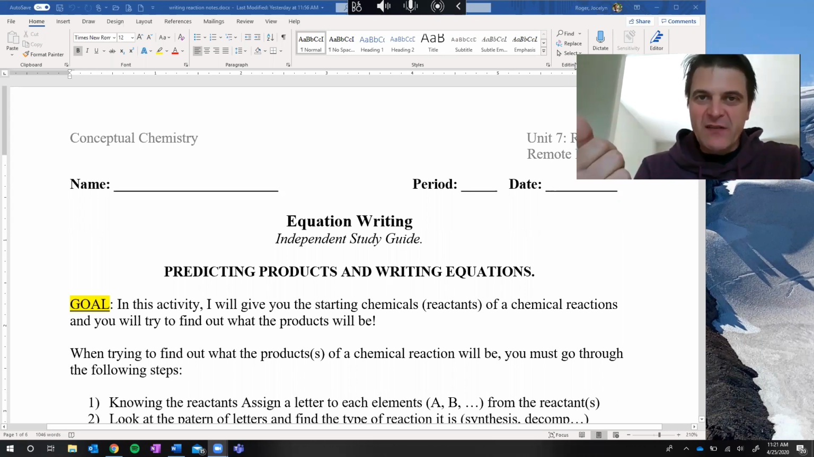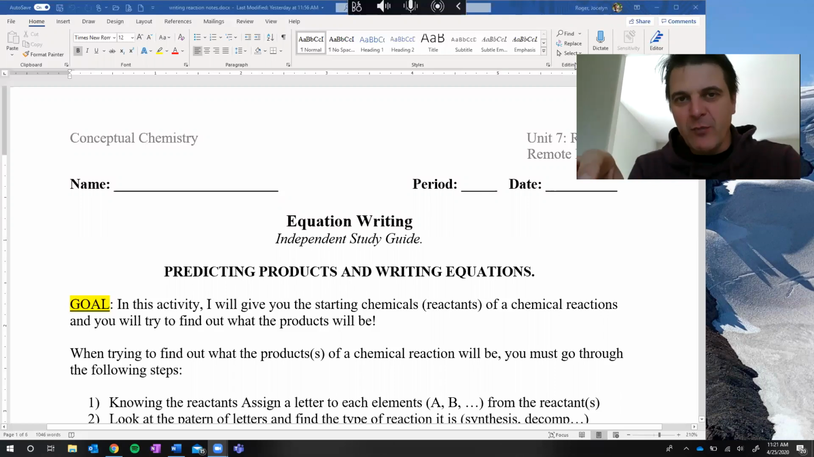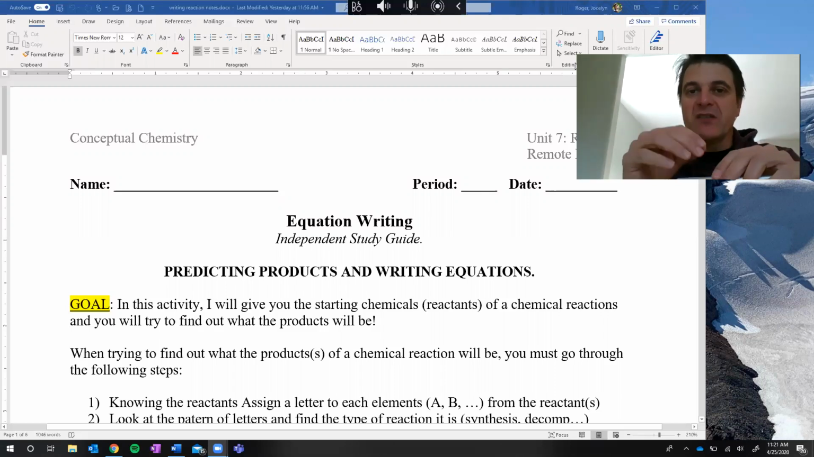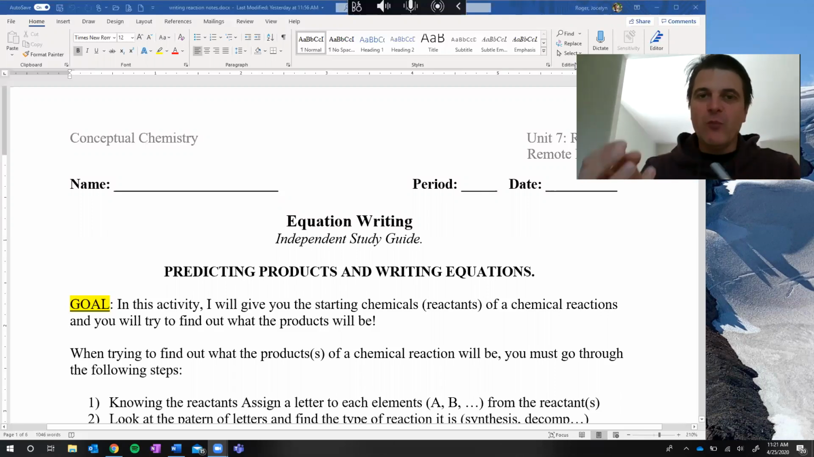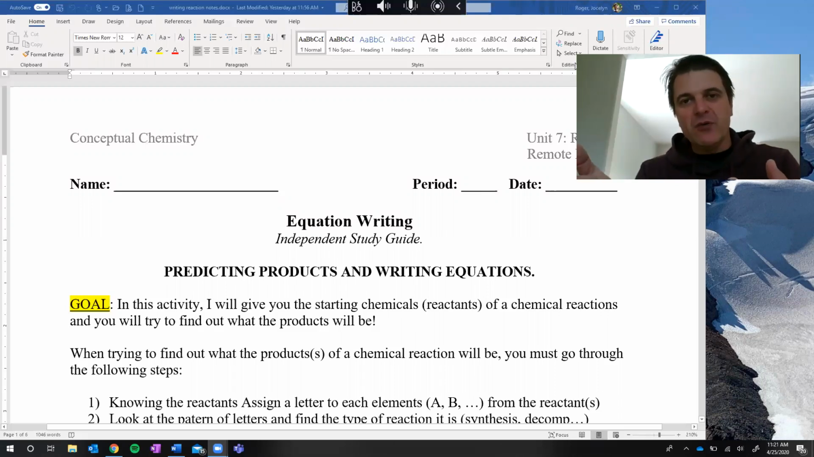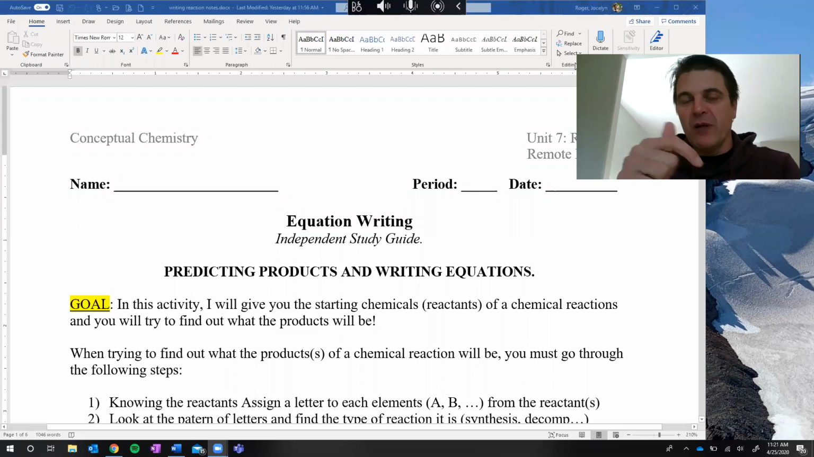The first one was synthesis, when 2 elements combined together to form one product. And then there was decomposition, when you had one compound breaking apart into 2. We had single replacement, where a single element would come in and replace an element that was already in a compound. So if that element was a metal, it would replace the metal. If it was a non-metal, it would replace the non-metal. And finally, we had